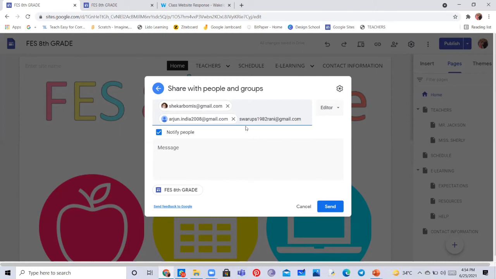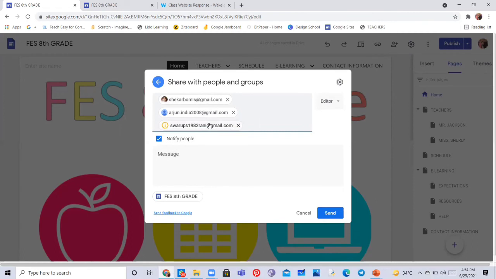Rupa ma'am, I'm not able to find your mail. Yes, it's showing an error. It's not showing any Google account. I think there is a mistake in typing.